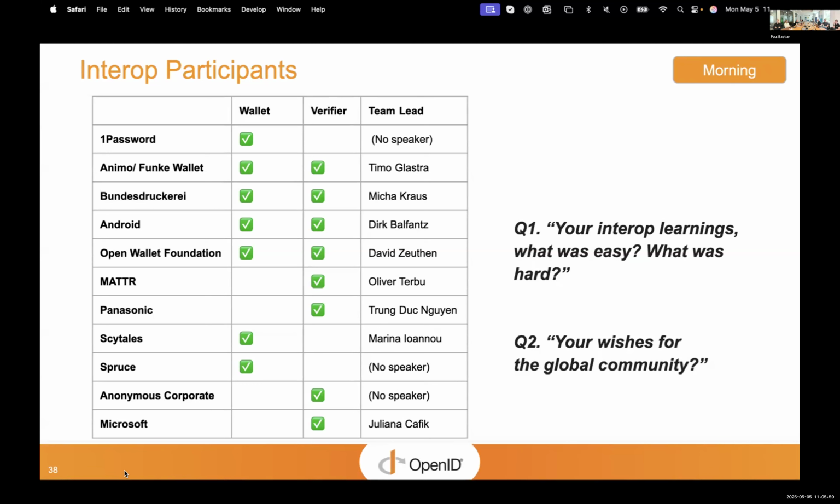So I really appreciate this. And my wish for the global community is that more parties will join the club and see how easy it is to implement this, and that we will see some good applications that are secure, user-friendly, and privacy-preserving.